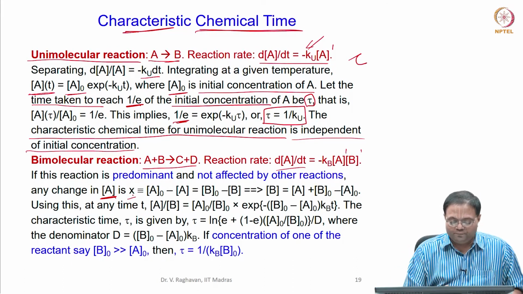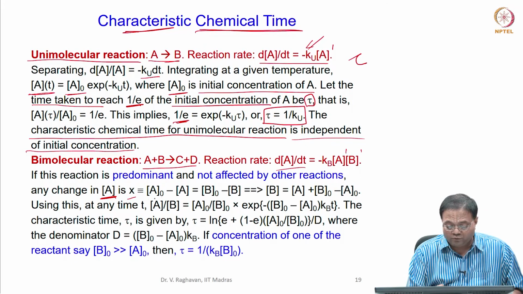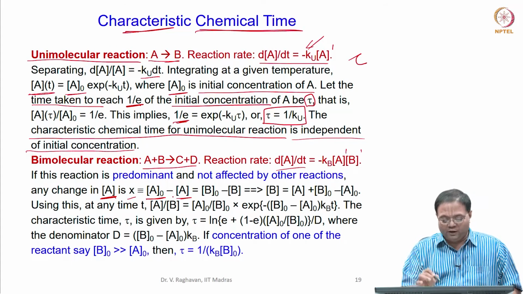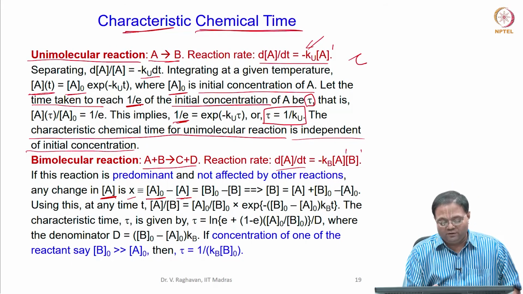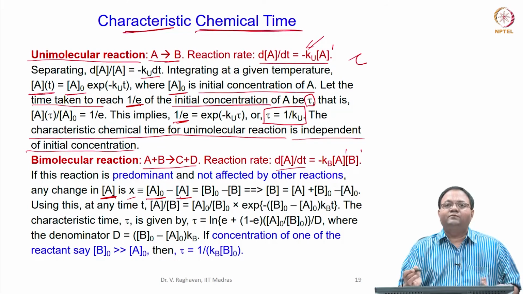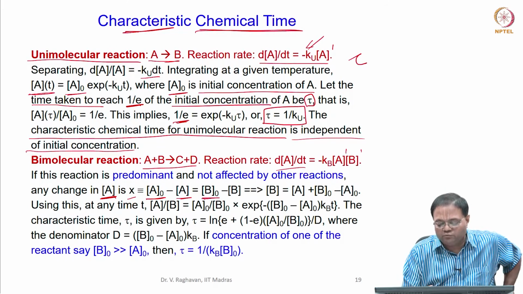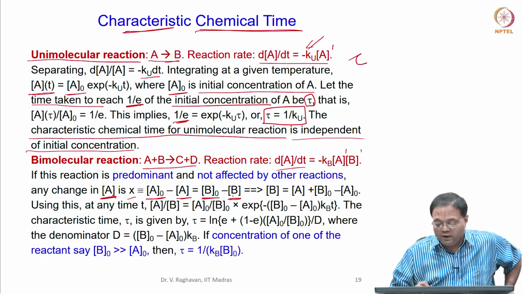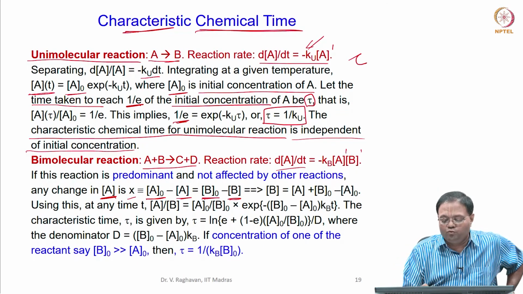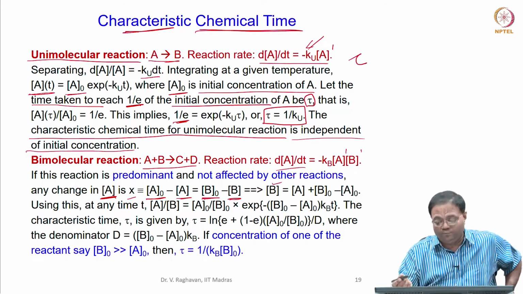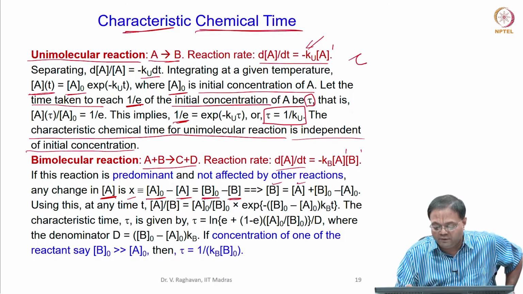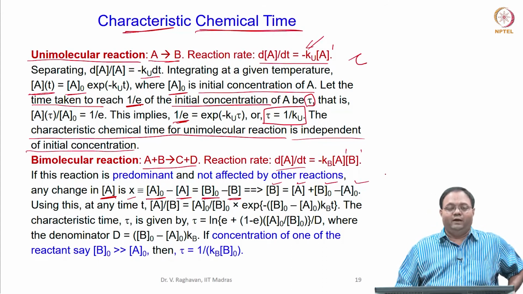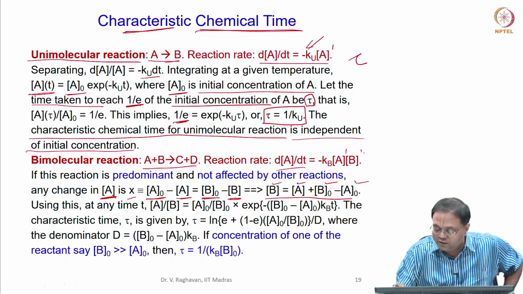let us say it is X, is nothing but the initial concentration minus the concentration at a particular time instant t. That is, A suffix 0 minus A, which will be the same as the difference between the initial concentration of B and the concentration of B at the same time. So, this equation can be used to write the concentration of B at any time as the concentration of A at that particular time plus the initial concentration of B minus the initial concentration of A. Now, substitute this in this equation.